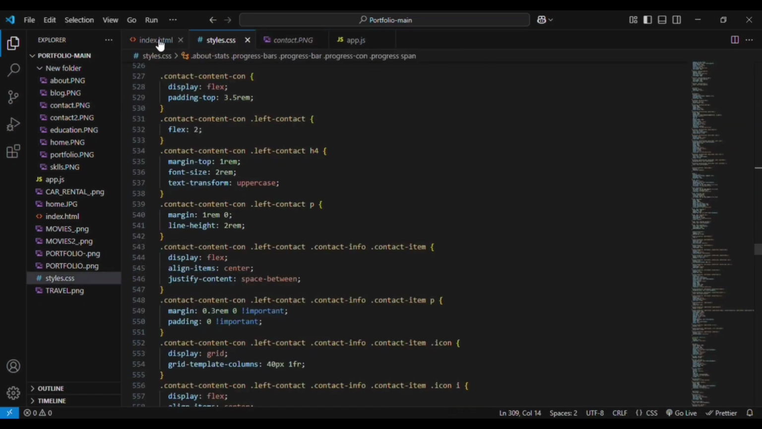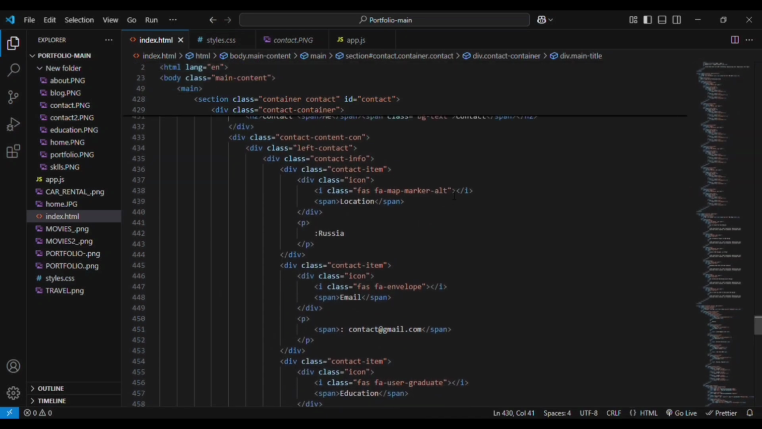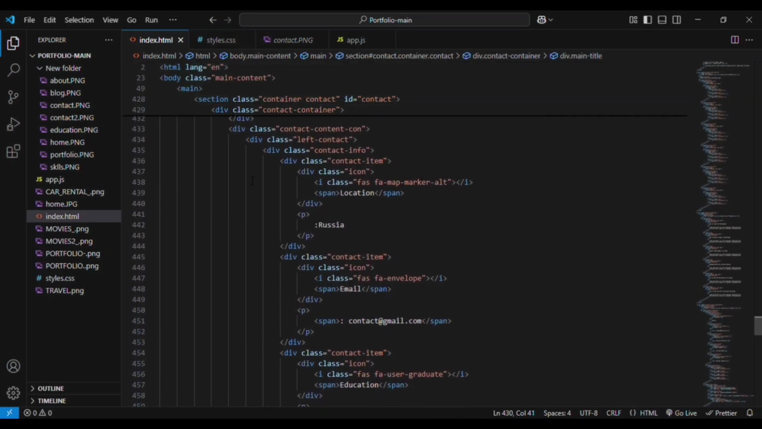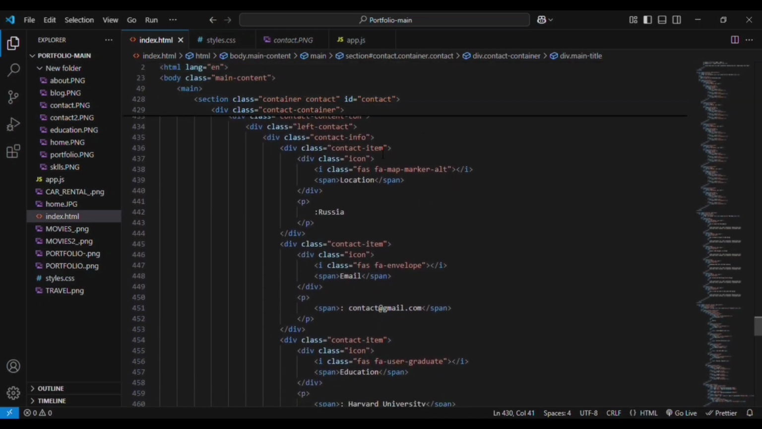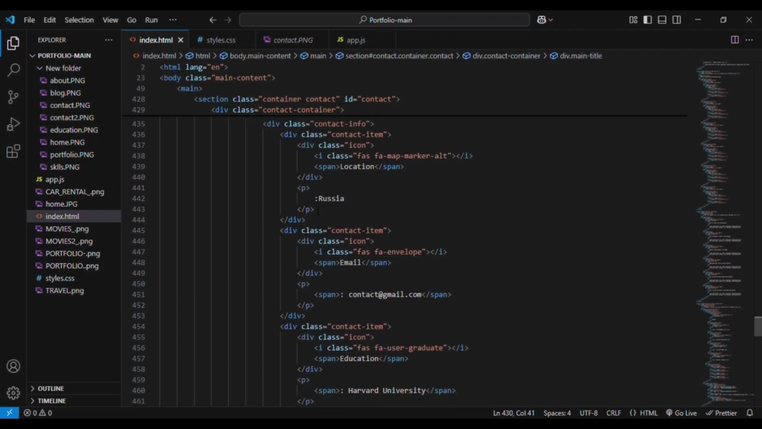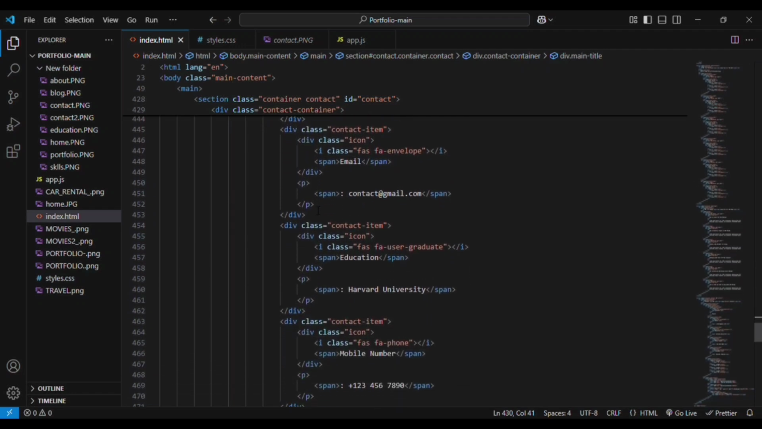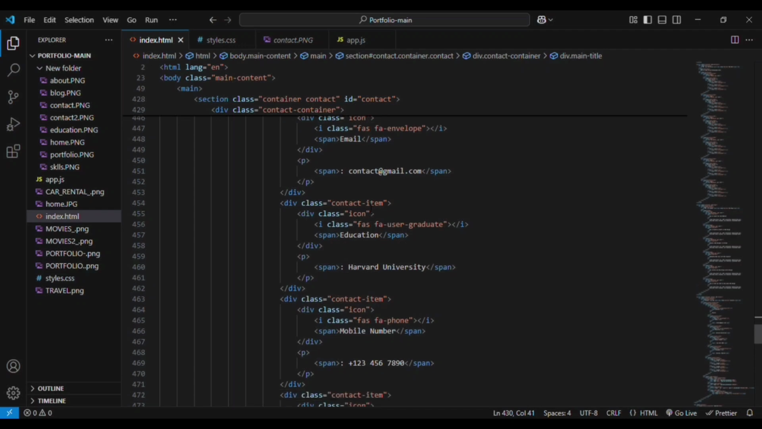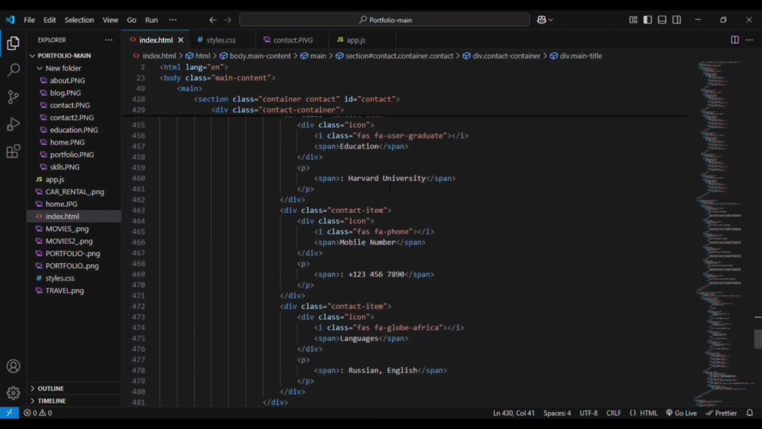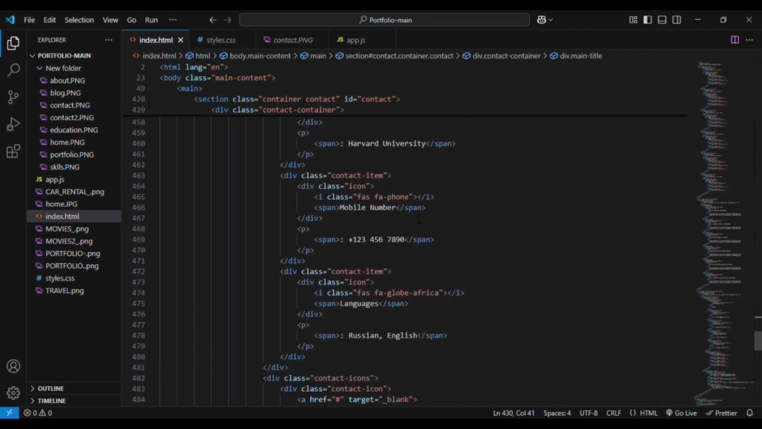And we have the main div that is contact content, inside which we have the div left content, and inside which we have a div again, contact info, contact item, and inside each contact item we have a div for adding the icon, that is map icon, and we have span for location. Then we have paragraph element and mention the location, that is Russia, and the same div is copied again. And the next one we are adding the email, then it is copied again, we added the education, then we copied again, and we added mobile number, then we have